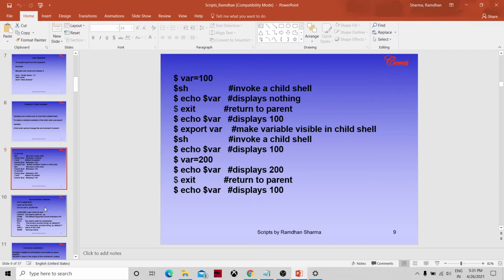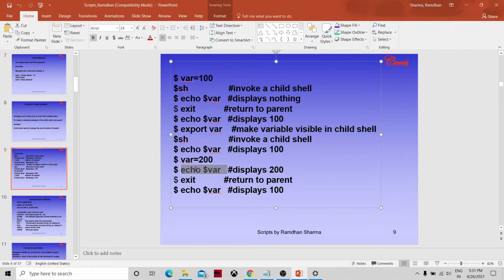Then var=200, echo displays 200, then exit returns to the parent, and echo displays 100. After going into the child shell we modified the value of the variable, but that is not reflected because it is limited to the child environment, so it is not available in the parent.